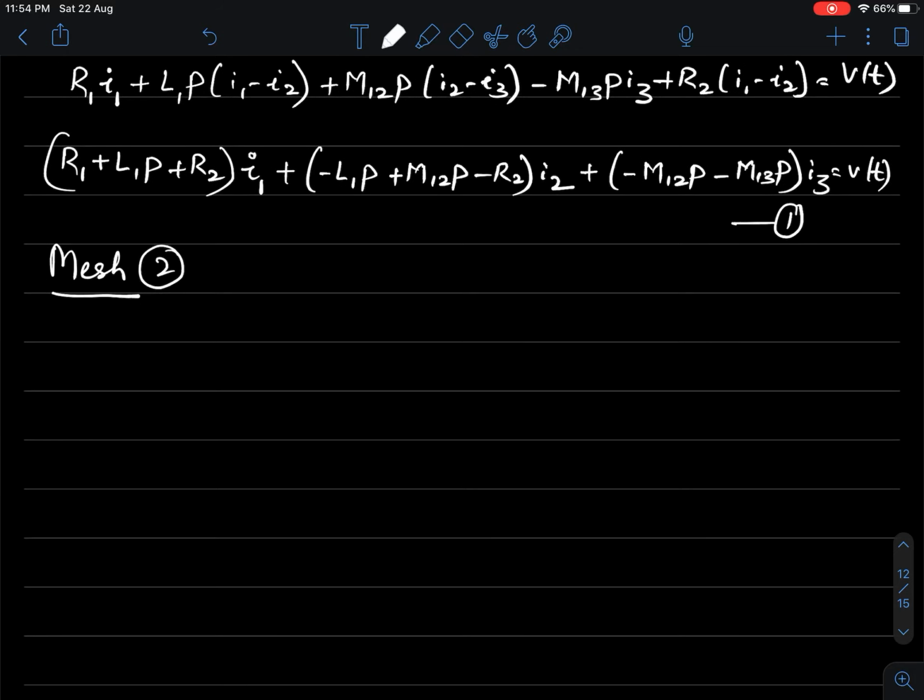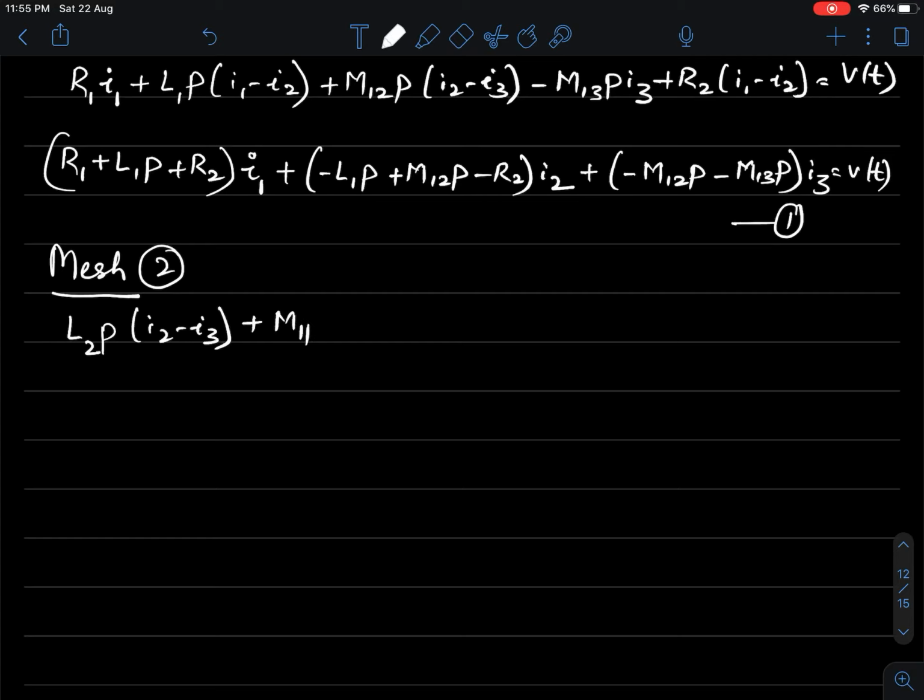So I have to write first the self-induced EMF, that is L2P into I2 minus I3, plus